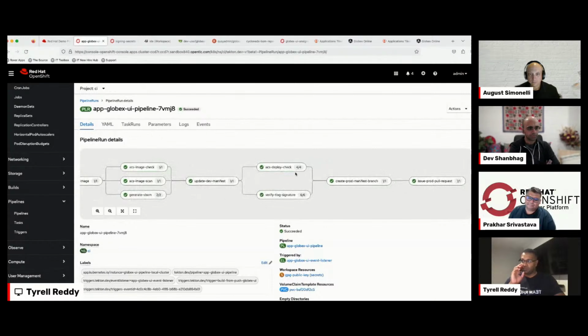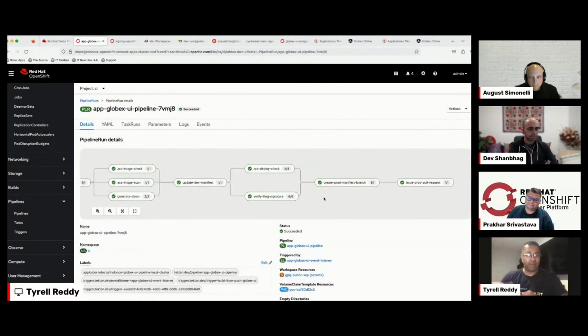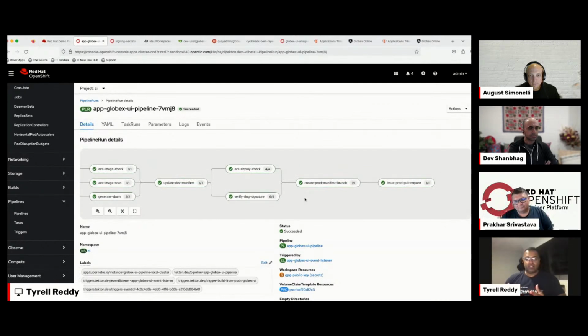So once those two steps are done, we're ready to prepare our deployment for production. Now, production is obviously a very secured environment. We don't want to do the same thing we do with dev, which is push directly to our branch and have it available in a development environment. What we do is create a branch and a pull request on that branch. That basically means that someone with the correct privileges will log in here.